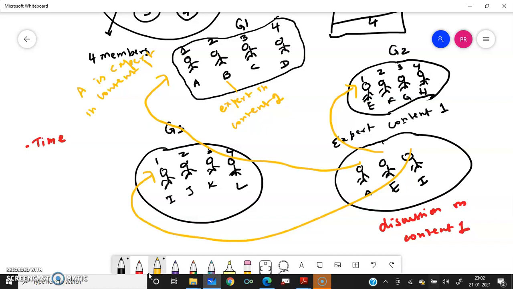In this method, each group member is assigned to become an expert on some aspect of a unit. After reading about their area of expertise, the experts from different groups meet. First time is given to them for self-study, and afterwards these experts meet and discuss their topics, and then return to their group and take turns teaching that topic to their group. After going back to the group, A will teach B, C, and D. The expert teaches in the group.